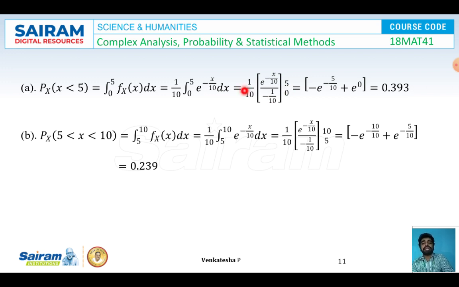So we can cancel 1 by 10 here, and applying the limit I got minus of e power minus 5 by 10 plus e power 0. After simplifying this I got the value 0.393. Similarly,